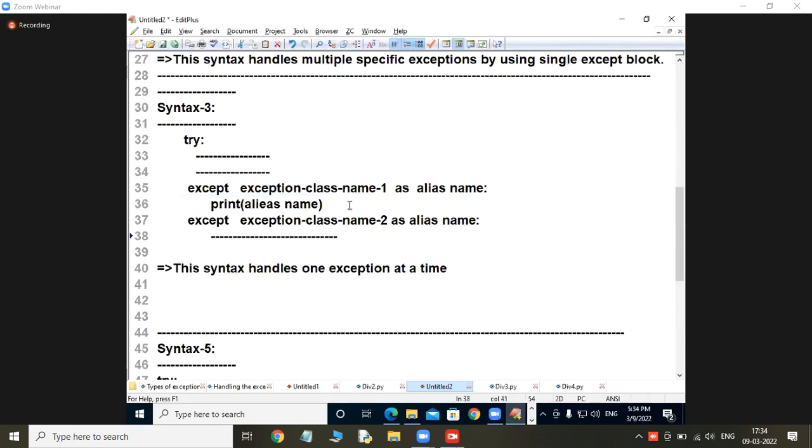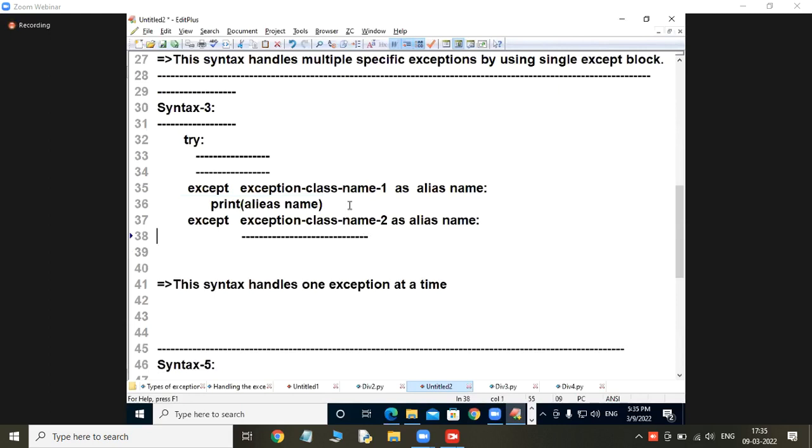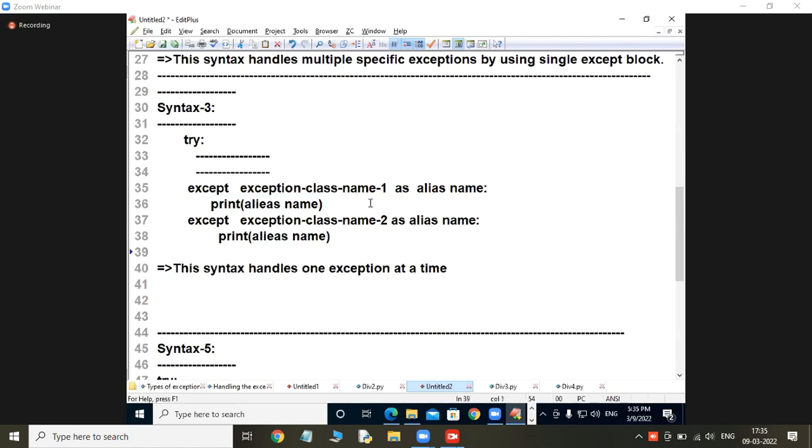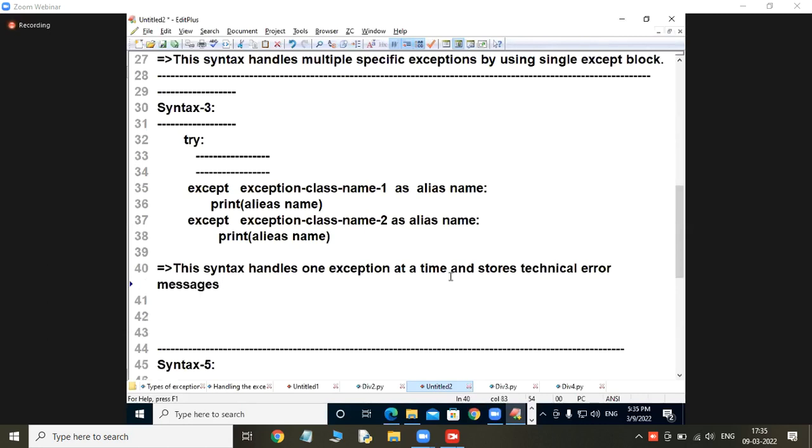This syntax handles one exception at a time and stores the technical error message, the technical error message generated due to exception occurrence.